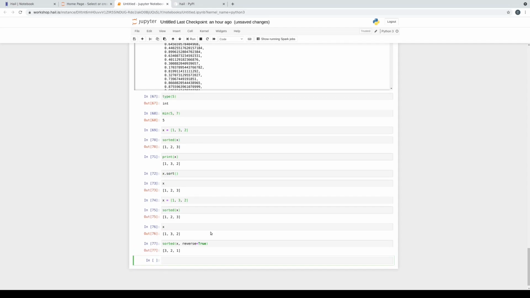And the Python documentation and the Hail documentation will explain what the parameters are and what the keyword parameters are, so that you can understand how you can use the different functions. Okay, so up to now, we've been calling functions, but we'd also like to be able to define functions.